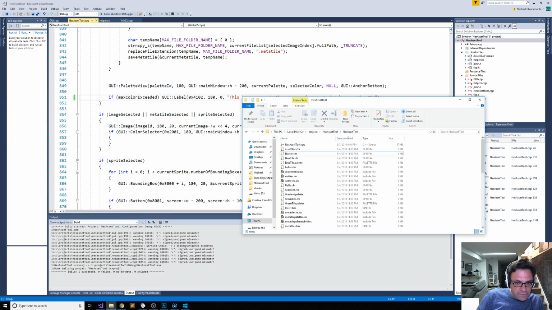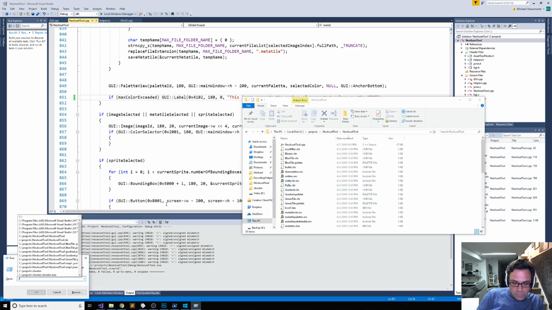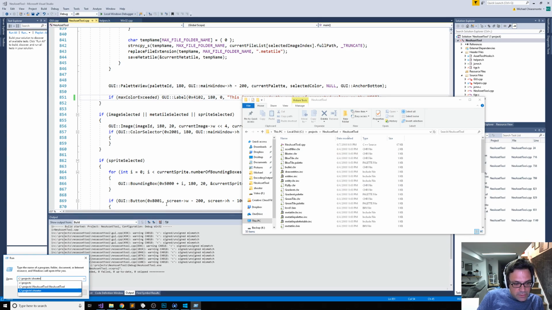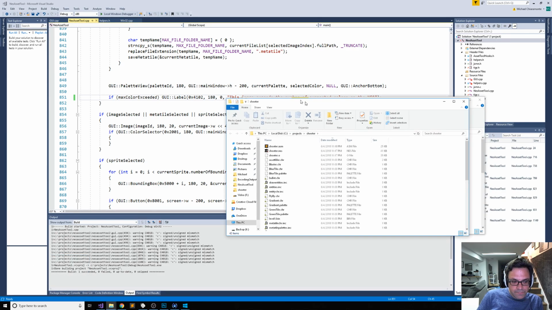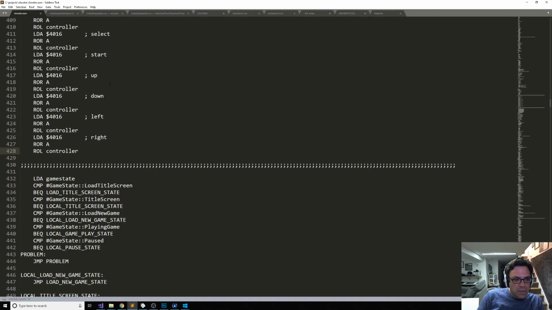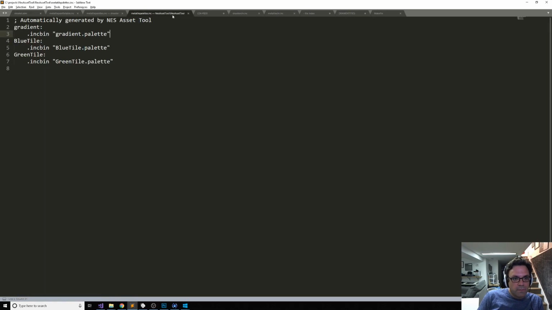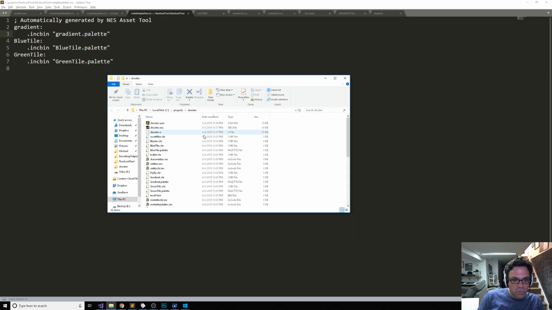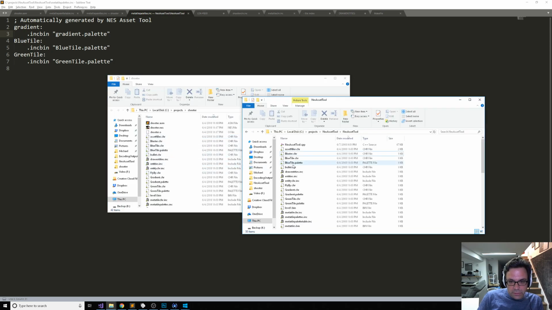So, last time we left off, we were reorganizing how data was exported for the game. The reason we did that was because we wanted the meta tiles to be exported in the right order. And the reason that mattered was because the map data was looking for the meta tiles based on the order that they were in the JSON file that gets exported for the map. So just to remind everybody,